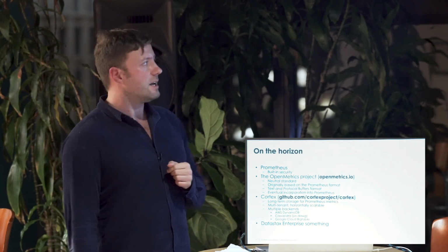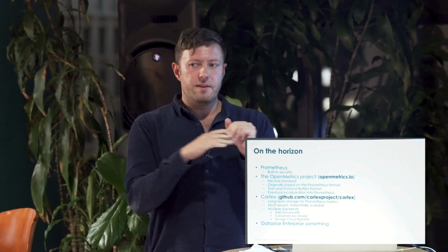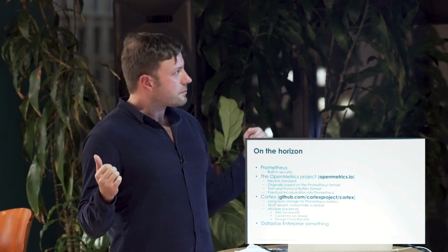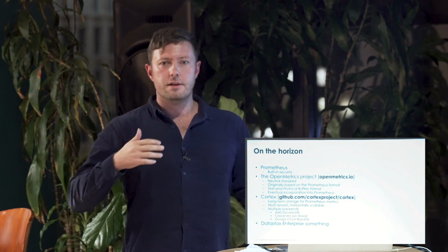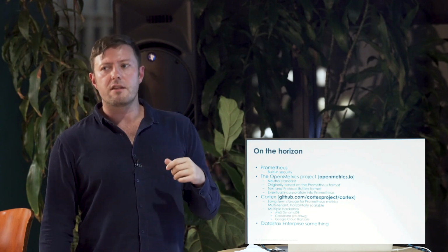The OpenMetrics project is a new CNCF project in the sandbox right now. It's basically attempting to take the Prometheus exposition format that we saw and turn it into a neutral standard. It's actually a pretty interesting effort that has a lot of the big players on board. I think New Relic is part of that, Datadog, Sensu, and a bunch of others. So it's entirely possible that in a couple years or even sooner, this will emerge as the de facto standard, which would enable you to basically